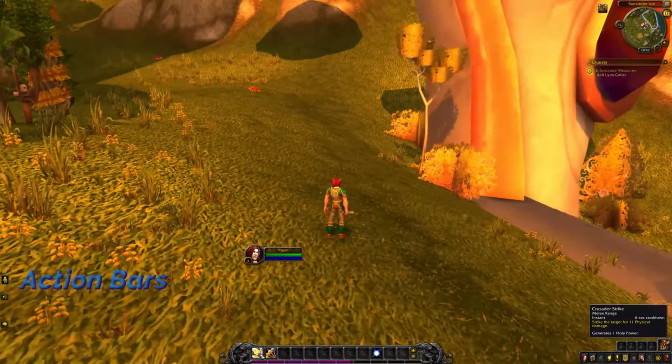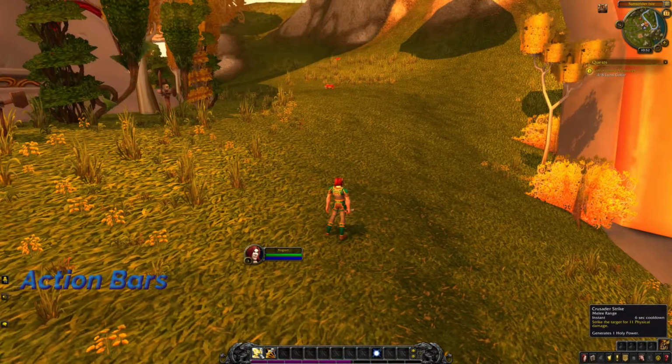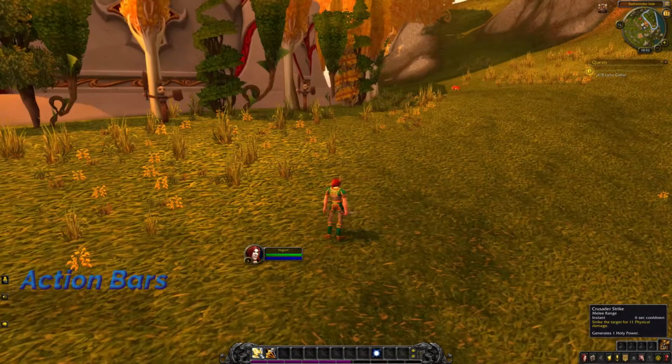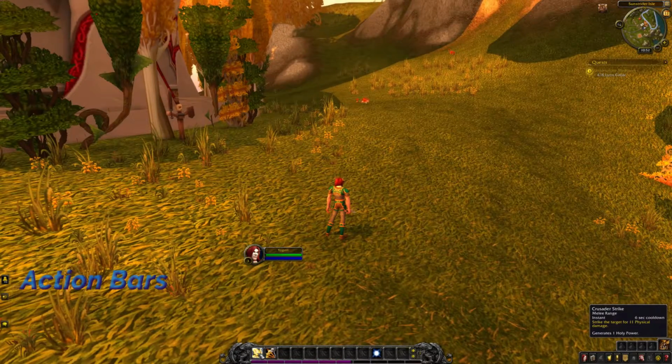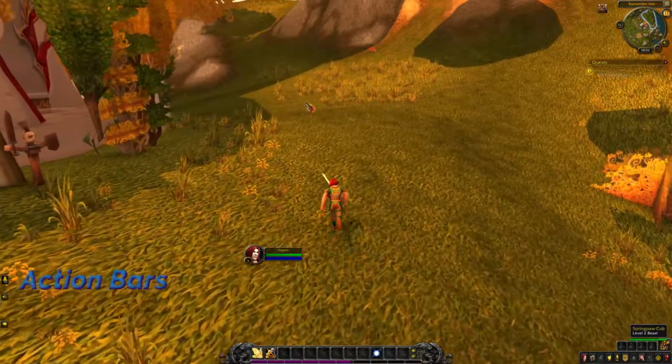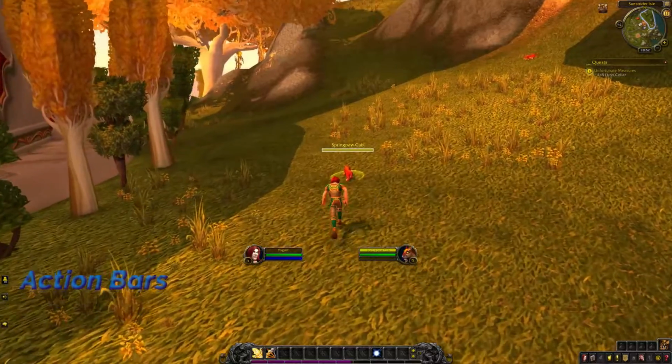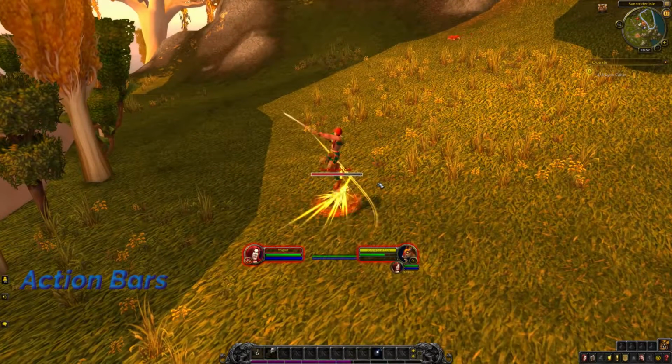So for example, I have one ability called Crusader Strike. It must be cast in melee range. Its cast time is instant. It has a 6-second cooldown, and it attacks the target for 11 physical damage. So if I go up to this tiger cub and I press the number 1, I'm going to do Crusader Strike,